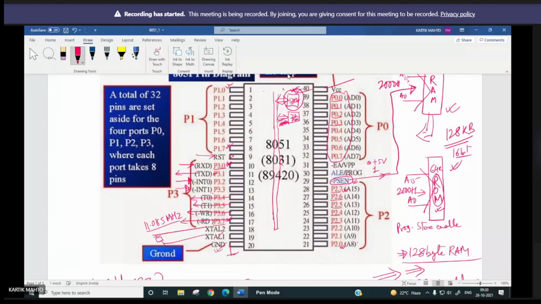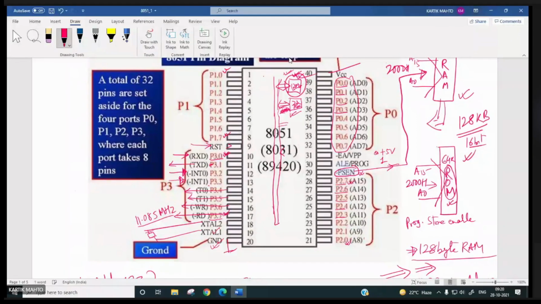128 byte RAM is added, 2K ROM for storing monitor program, right? Apart from this, timer registers, 2 timers are added, T0 and T1, 16-bit timers, so that the timing part or delay generation part can be done very easily, right? And it is within the microcontroller, no need to interface memory chips, a ROM, RAM, and even a timer chip, and even no need to interface IO devices like 8255,